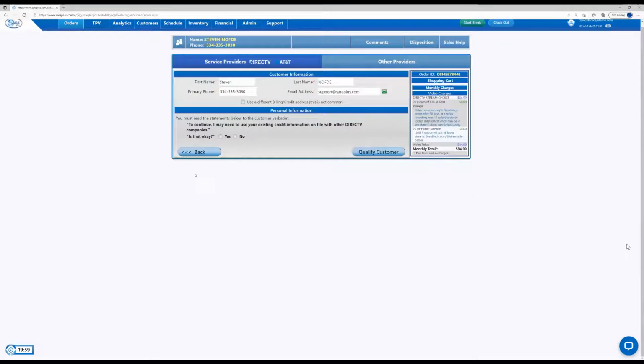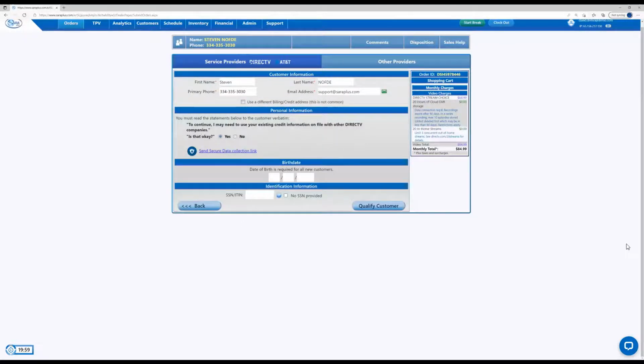I'm going to move on to next, and now I need to run that credit check. So again, this is where you could send the secure link to the customer, or as the agent, you can enter it yourself. Even if you're entering it as the agent, as you're typing it in, you'll notice that it's masked, so that you'll never actually see it once it's entered. The same thing if the customer entered it through the secure link, it would be masked as well. So that we always try and protect your agents